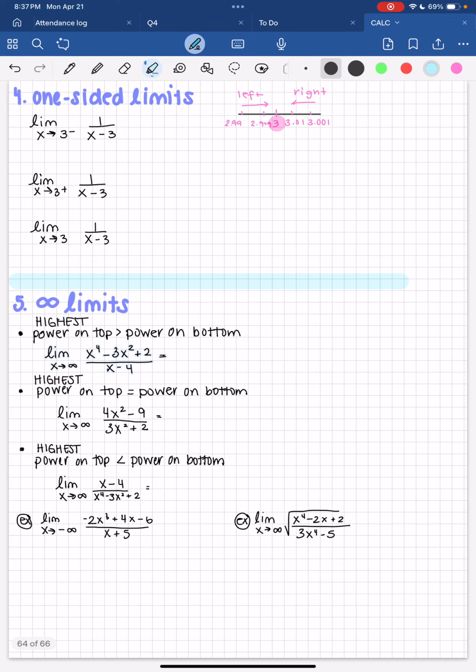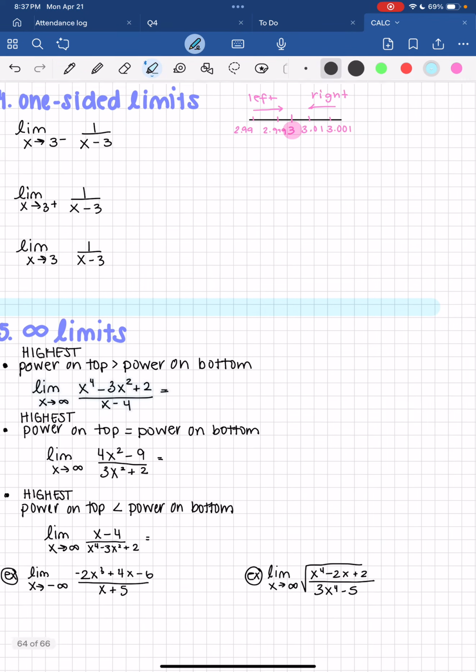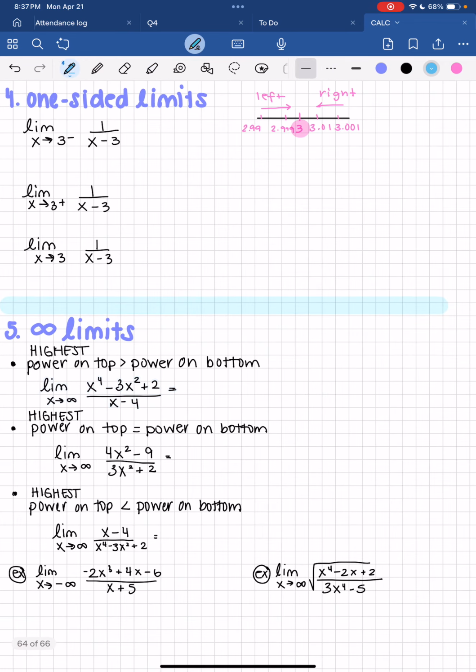All right, next, one-sided limits. So this is going to be in the non-calculator section, so you have to understand the reasoning here. So I have a number line here. I have 3 in the middle because I'm asking you to approach 3 from the left, 3 from the right, and then just 3. So if I'm approaching 3 from the left, we want to get really, really close to 3. So let's say we want to get to